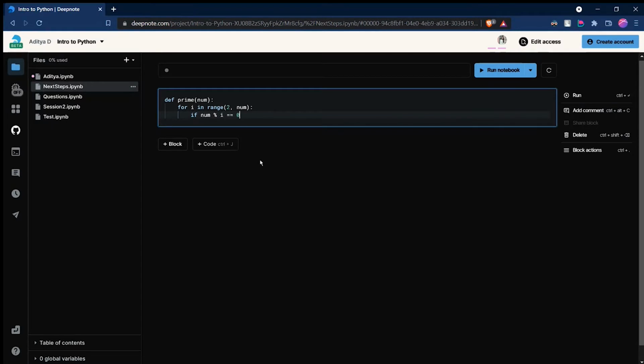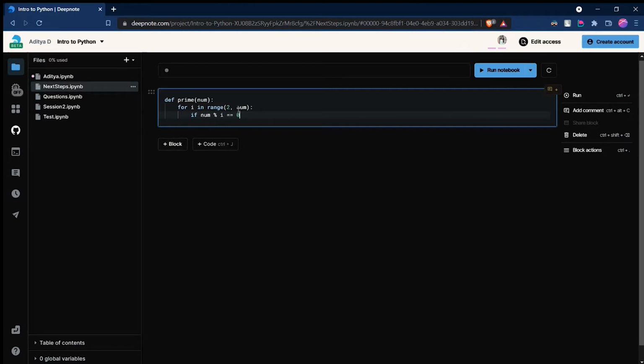In a specific case where they are divisible, say the given number is 4, we know that it's not prime. 4 by 2, it's already divisible by 2. So we can stop this loop and return no. Otherwise we return yes.